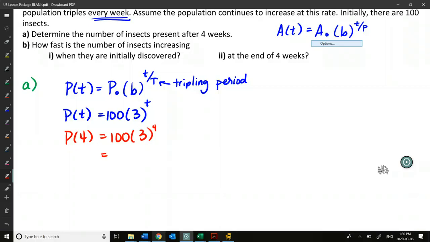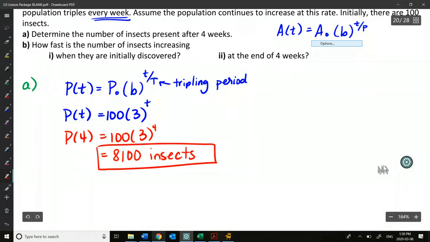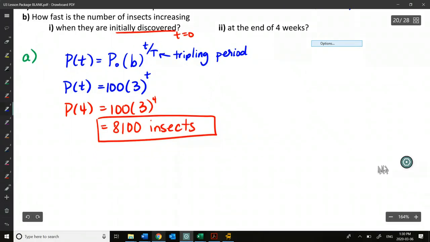So what do we get? 8,100 insects. Okay, so after 4 weeks, there's 8,100 insects. And then part B asks us to look a little further and see how the population of insects is changing at particular times. So at a time of 0, when they're initially discovered, and at a time of 4 weeks, or after 4 weeks. So we're going to find the derivative of our function right here,